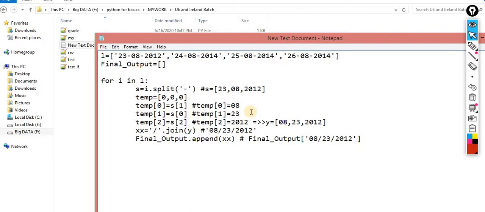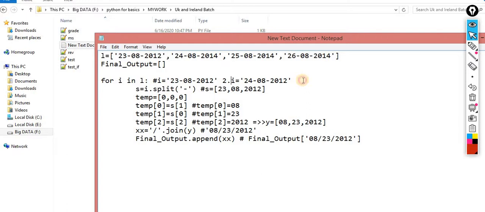In the next iteration, let me write, in the first iteration the I value is this one. Now I think the picture is more clear. I is this one, okay. Now when this first iteration is completed, then what will happen, I value becomes this one, that is 24 in the second iteration, okay.